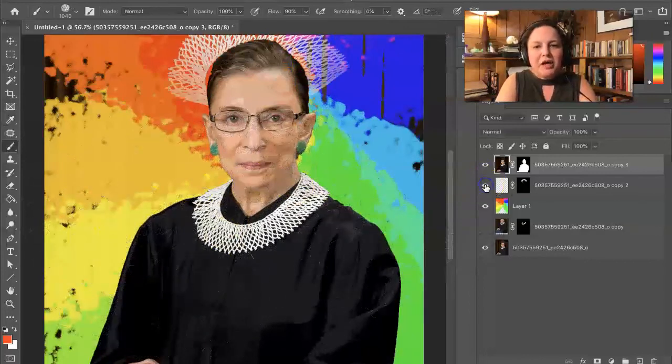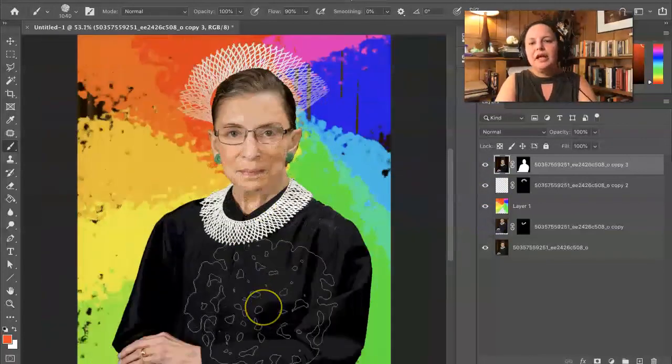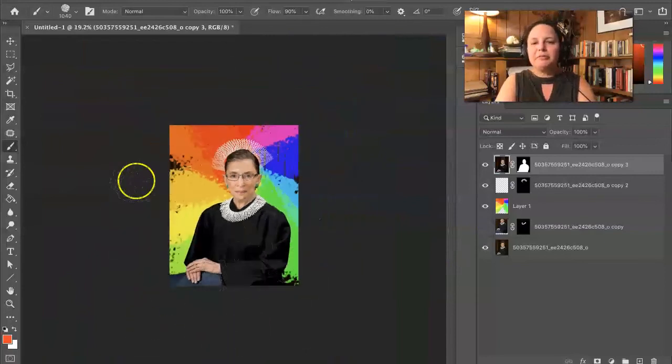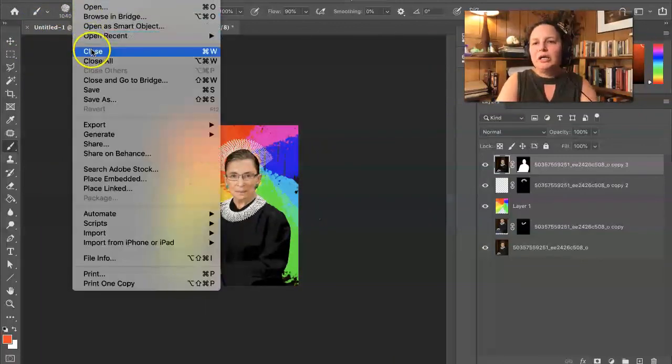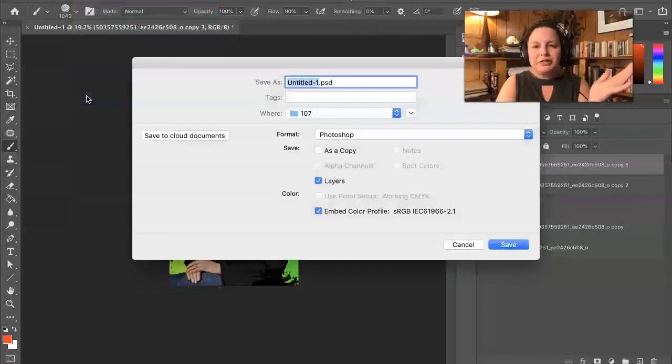So, okay, let me bring back the crown and that. And I think we're ready to go. We have an internet image waiting to happen here. So I'm going to go ahead and save this one, Save As. Of course, it's in layers right now, which is totally fine. We could save it as a Photoshop document for sure. We could also